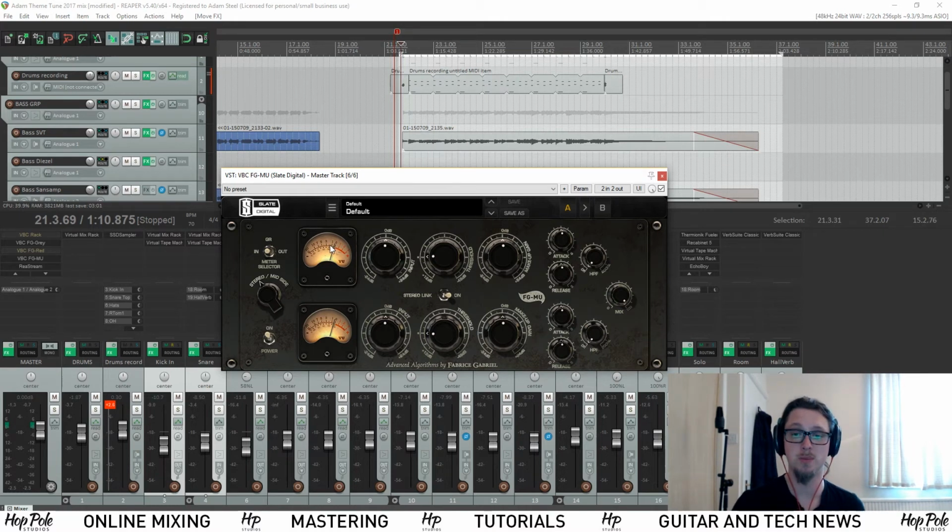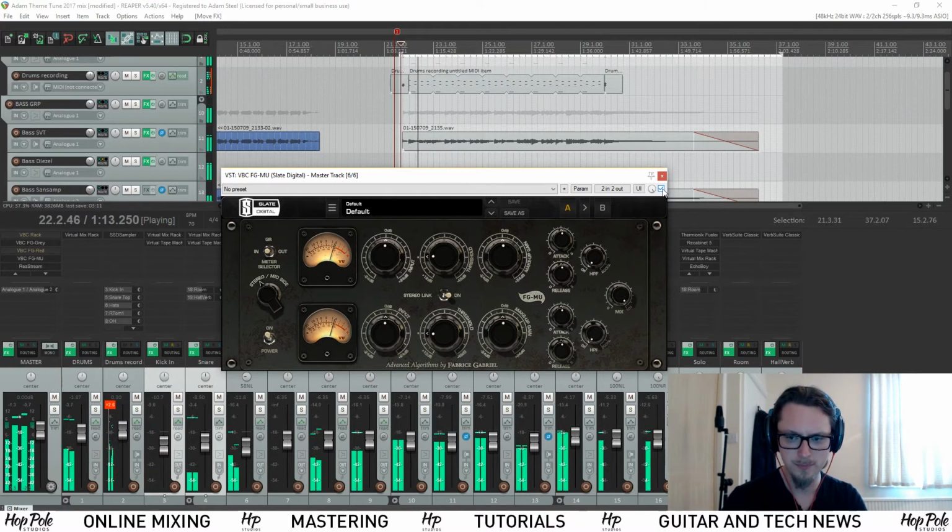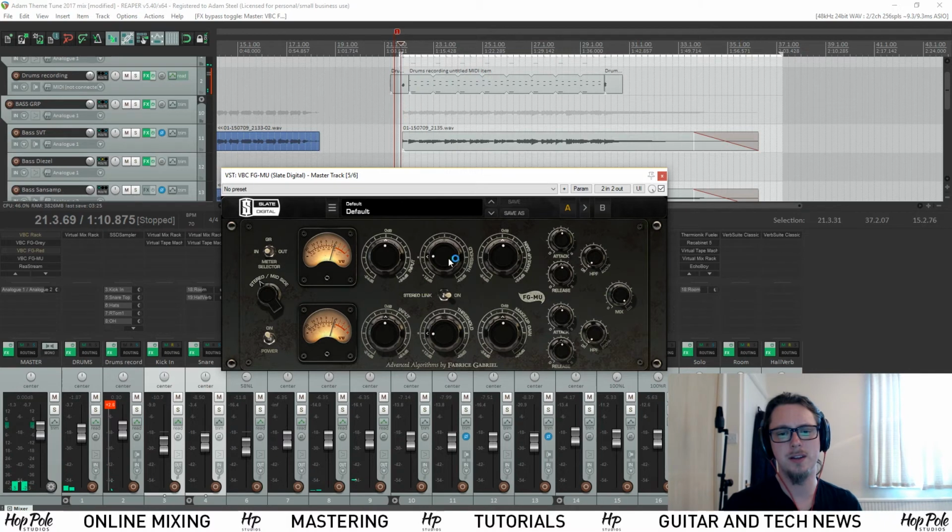Most of the sound comes from the tubes and transformers, which is why when I turn it on and off, you'll really hear the mix come to life. That's the tubes and transformers doing that. See, no EQ required, so the only thing that I do with this is the input and output I leave nice and fixed, and the threshold I just push up until I'm seeing about a dB of gain reduction,